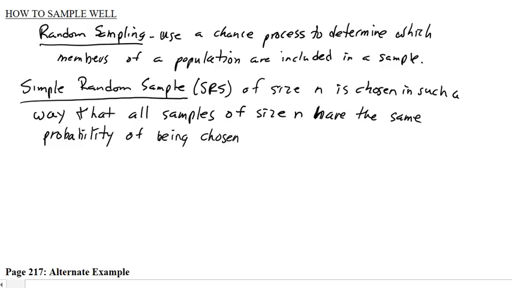Now notice it didn't say that every individual has the same chance of being chosen. Usually that's what it is, every individual has the same chance of being chosen, but sometimes that's not enough, and we'll see that as we